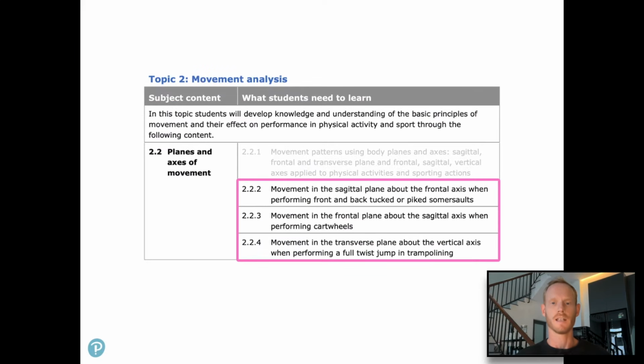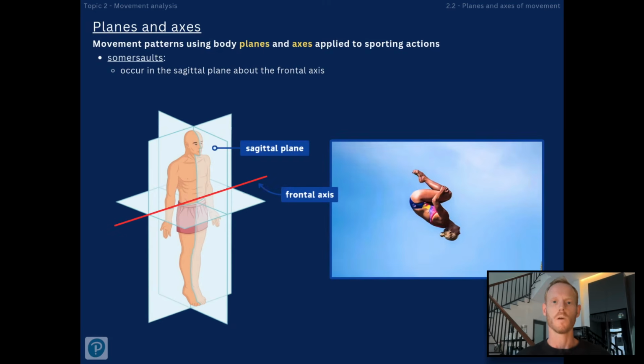Now, movements in physical activity and sport occur in planes and about axes. There are three specific examples that you need to know about. Somersaults, front and back, tucked or piked, occur in the sagittal plane about the frontal axis. The athlete moves forwards with their left and right sides moving together in the same direction, that is, in the sagittal plane, and their body bends or rotates around a line that runs horizontally from side to side,